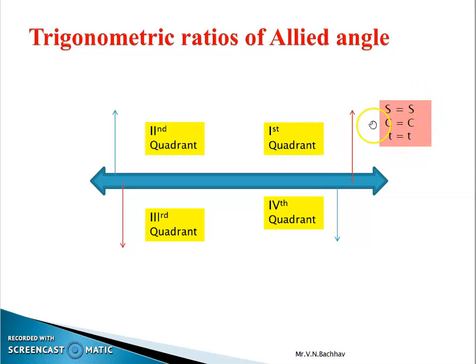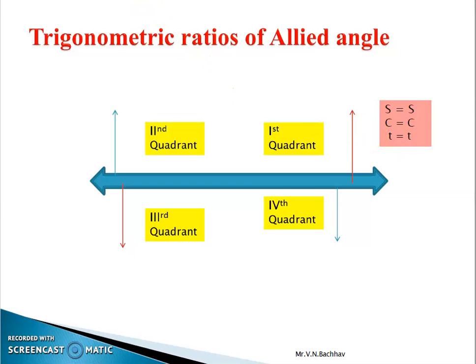then we use another trick. These are the initial letters of trigonometric ratios: sin, sec, cos, cosec, cot and tan. Sin is replaced by sin, sec is replaced by sec, cos is replaced by cos, cosec is replaced by cosec and cot is replaced by cot, and last one, tan is replaced by tan.